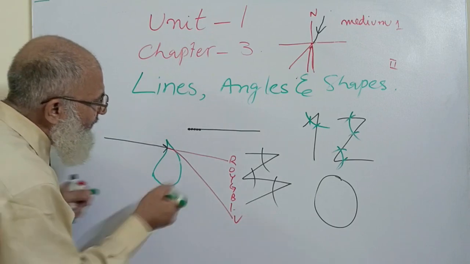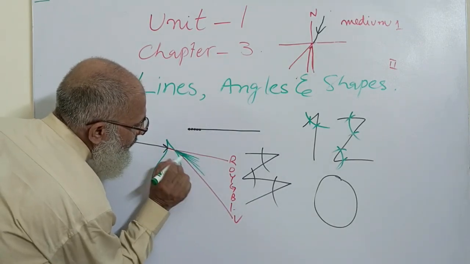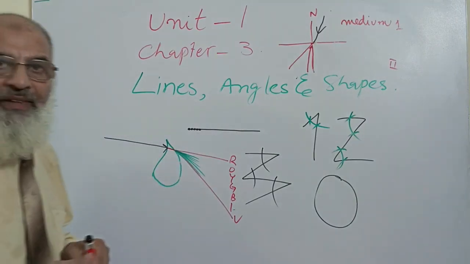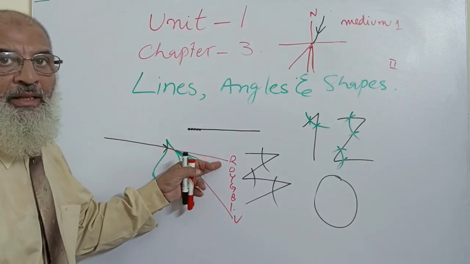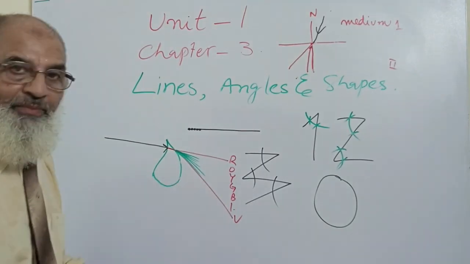It has different angles over here. You see 1, 2, 3, 4, 5, 6, and 7. It has formed 7 angles, one for each color. And similarly,